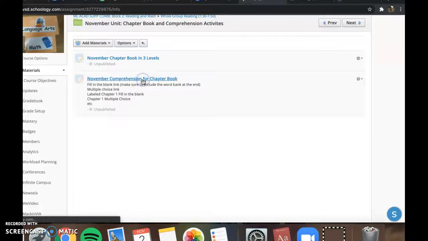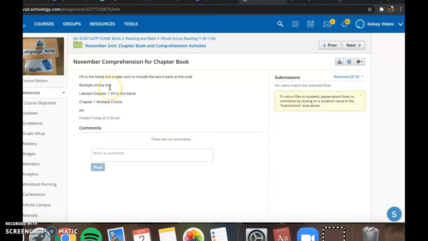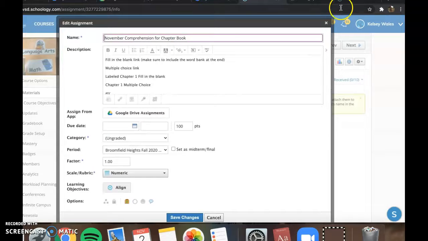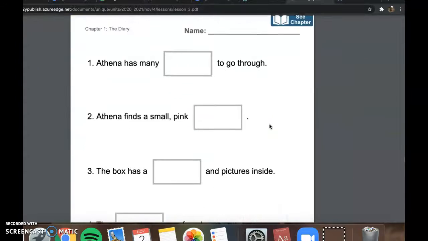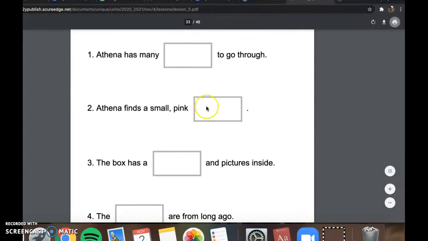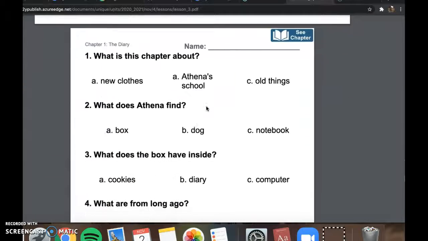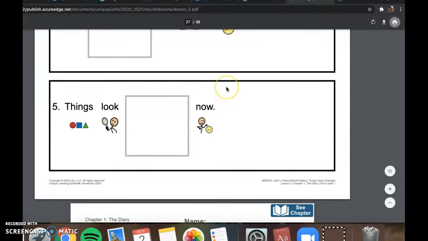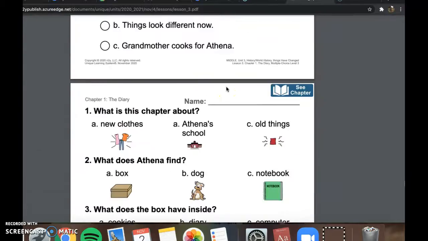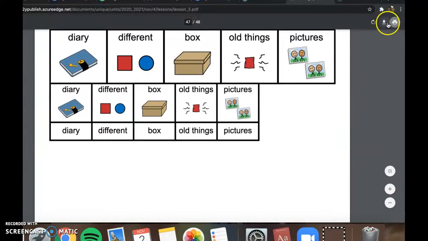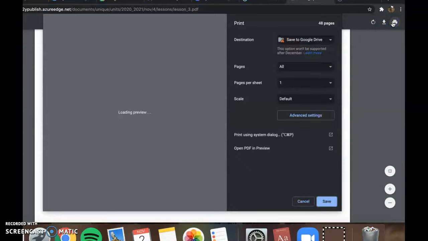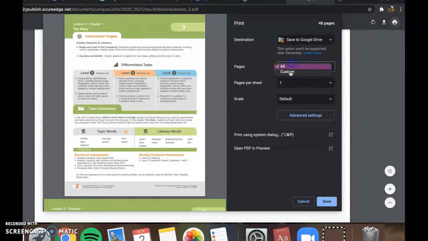And then for the comprehension, I want a multiple choice link and a fill in the blank link. So same thing, you go to Settings, Edit. But when you go here now, this is back in Unique Learning Systems, the comprehension comes at the end. So here's fill in the blank. That's going to be pages 30 through 37. But you also have to get the word bank, so 30 through 37. And also here's the word bank, 47. So this time, 30 through 37,